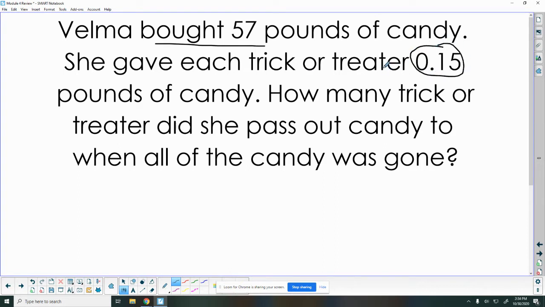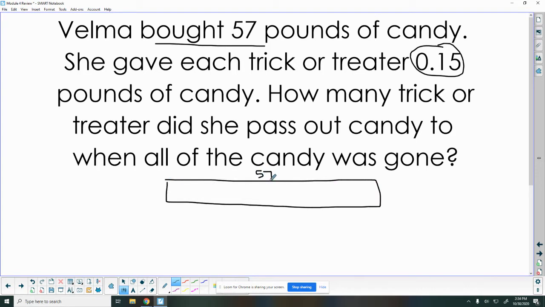So she gave the first trick-or-treater 0.15 pounds. She gave the second trick-or-treater 0.15 pounds. So here's her very large bowl holding her 57 pounds of candy. And the first trick-or-treater came and she gave away 0.15. And then she gave this trick-or-treater 0.15. So I'm trying to see how many times she can give candy to the trick-or-treaters before all the candy is